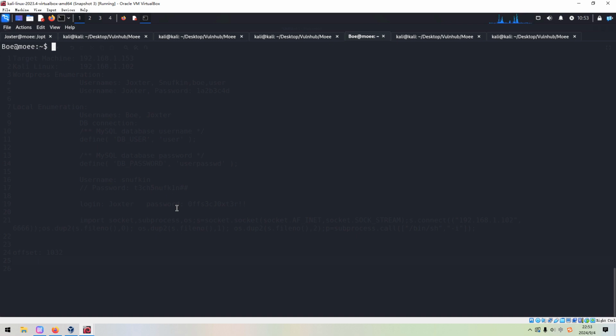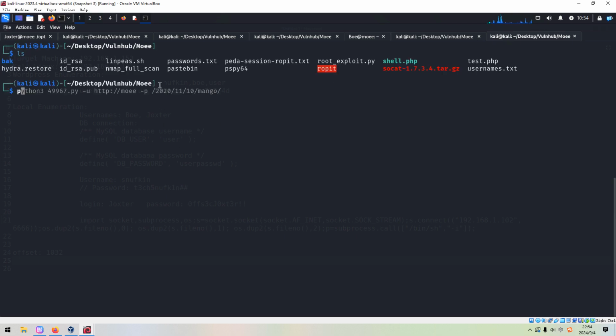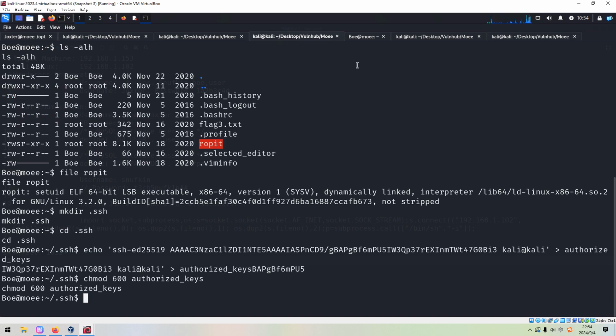And how to do? We can use SCP to copy the absolute path. Which one?